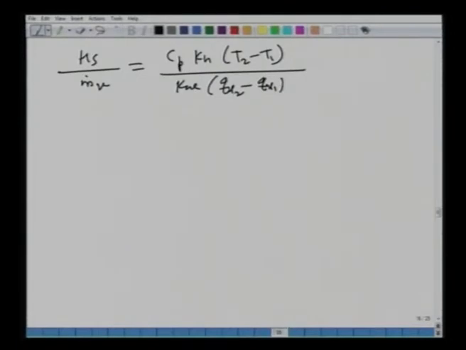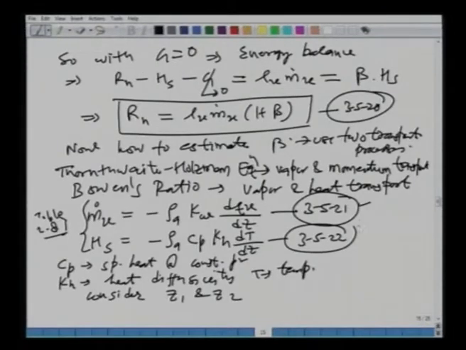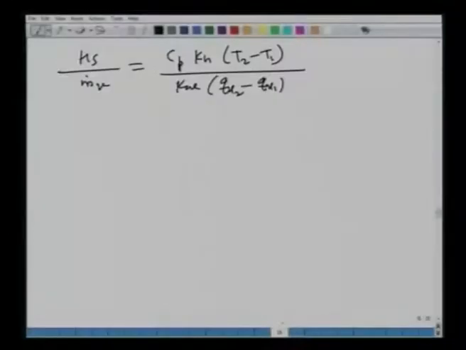Okay. Let me go back. You divide this by this, d q v over d z you have taken as q v 2 minus q v 1 over z 2 minus z 1. Similarly, d T d z you have taken as T 2 minus T 1 over z 2 minus z 1, and you divide these two equations, things will cancel out, and this is what you will get. So, this is